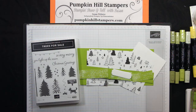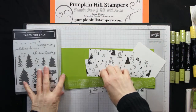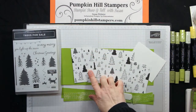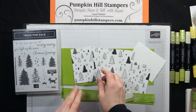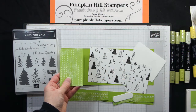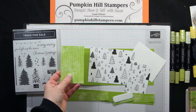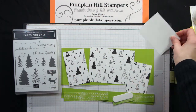I have a Christmas card project to share with you. It's going to feature the Trees for Sale stamp set, and I am using the Designer Series paper, which is the host paper from our fall catalog, Celebrate Everything. And it's got this fun black and white paper on the back of the Granny Apple Green pattern paper. So I'm using Granny Apple Green as my base and then this as my background paper,